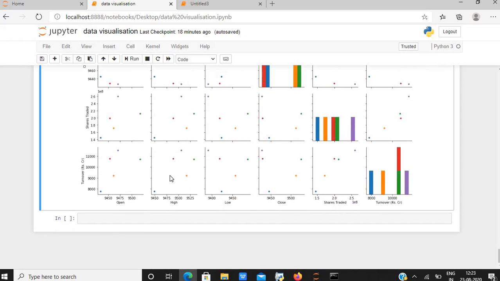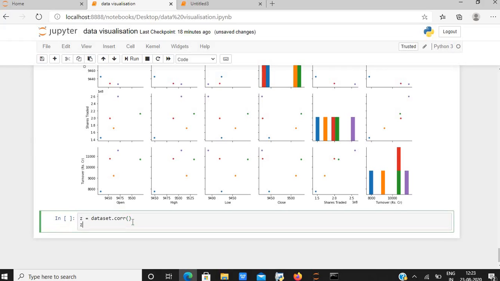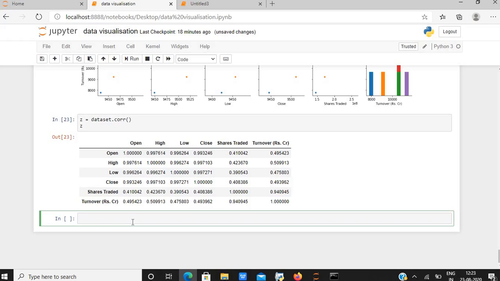Now let us work with a correlation matrix. A correlation matrix is a table showing correlation coefficients between variables. Let us understand this. I am taking z to be the variable and giving dataset.corr. Let's print z. Here I have received a correlation table. It helps me to plot a heat map and cluster map.